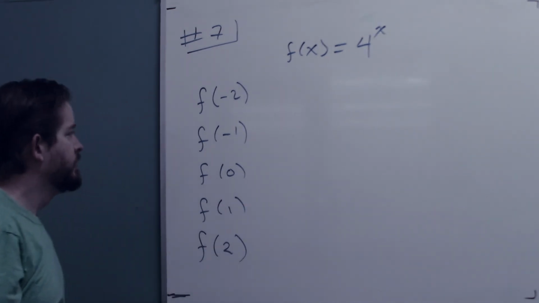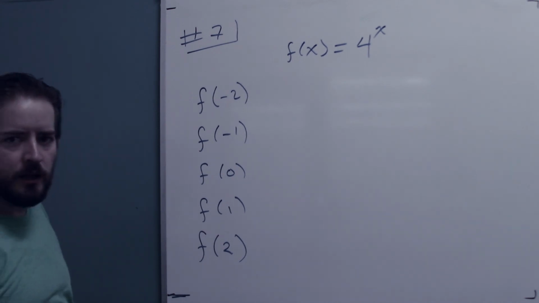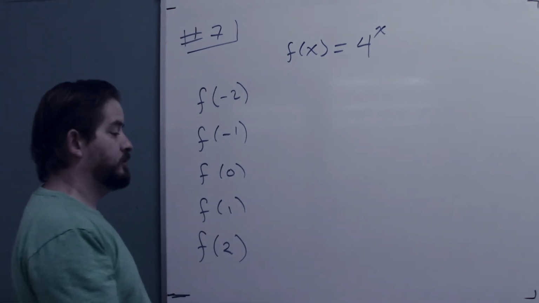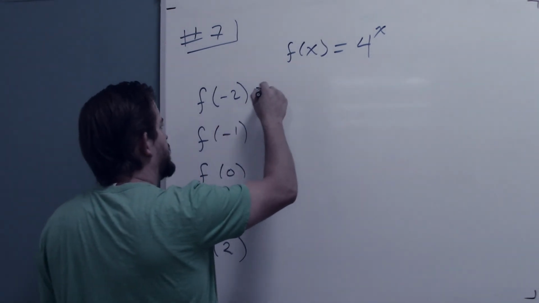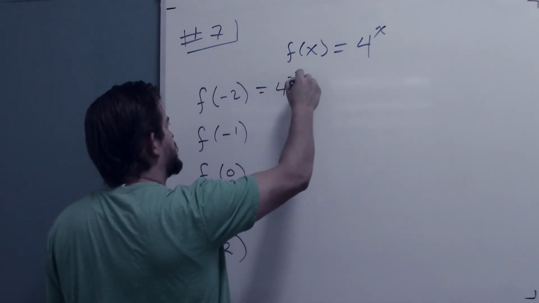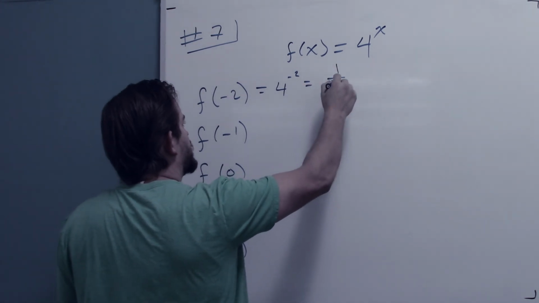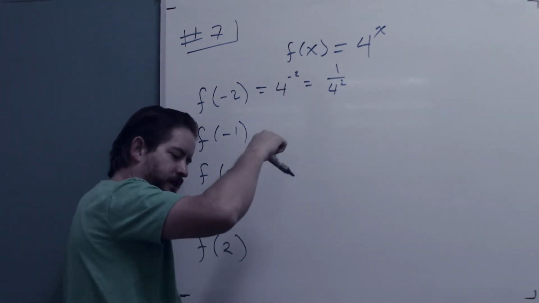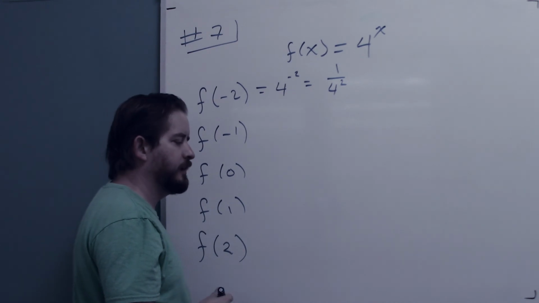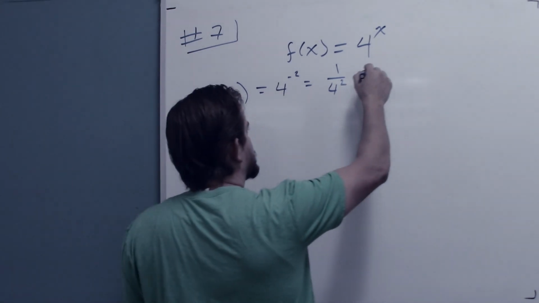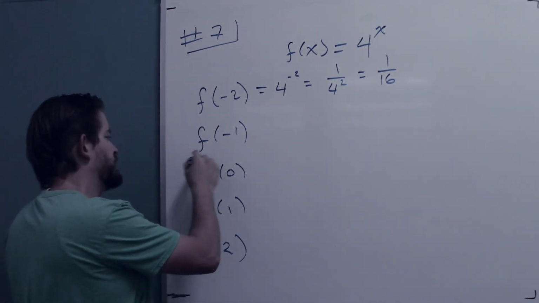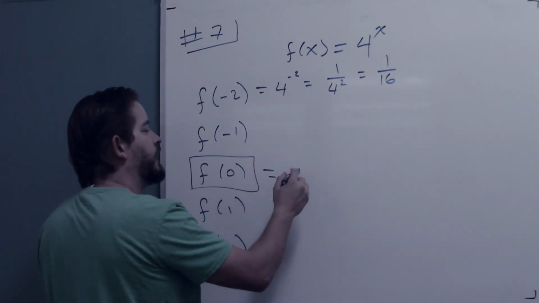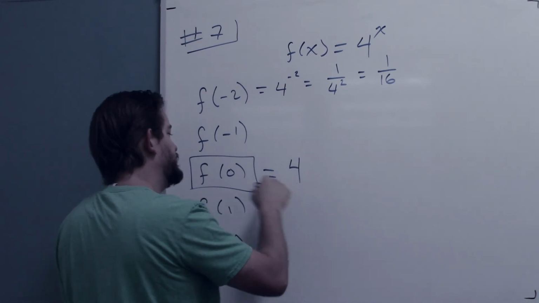Right. So I'll do a couple of these. I'm not going to do all of them just because I don't need them all. You can go through and find the values of these, but starting at, say, negative 2, f of negative 2 is simply 4 to the negative 2, which is 1 over 4 squared. If you take that negative exponent, throw it down in the denominator as a positive, so that's 1 over 16. Right. The ones I really am interested in, the ones that will help me graph it, are f of 0,